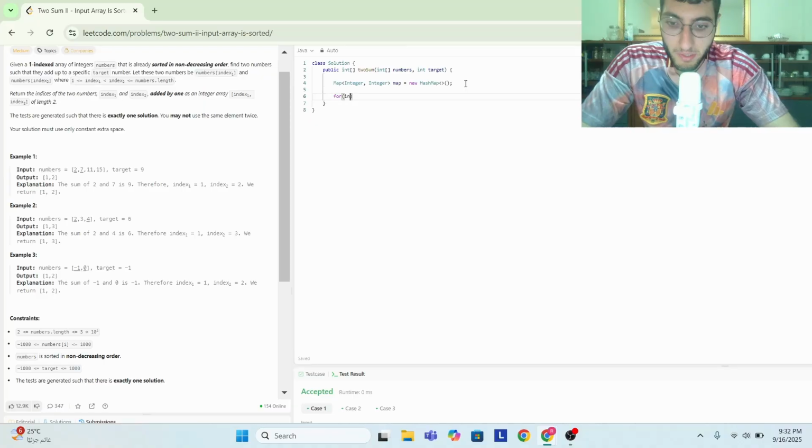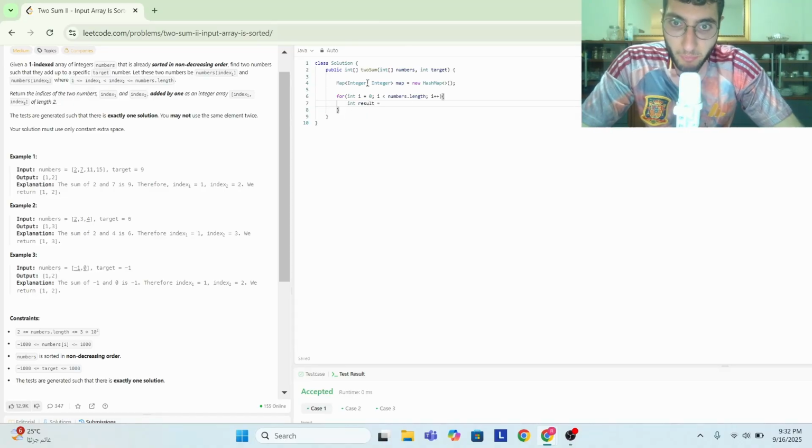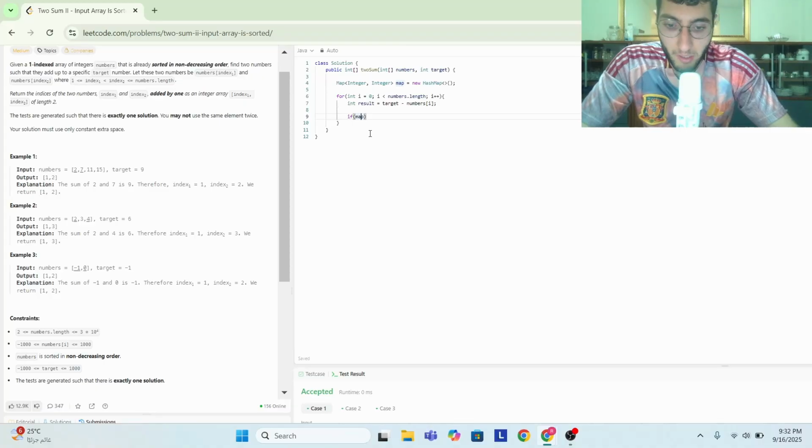So what I'm going to do is iterate through the numbers in the numbers array. So for int I equals 0, as long as I is less than numbers dot length, I plus plus, we're going to create an int result which will be overwritten every time we iterate through the for loop. Now int result is going to be equal to target minus numbers at I. Now we're going to check if our map contains as a key this result. So if map dot contains key result,